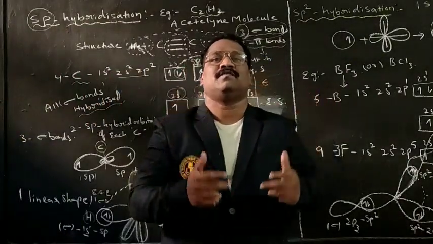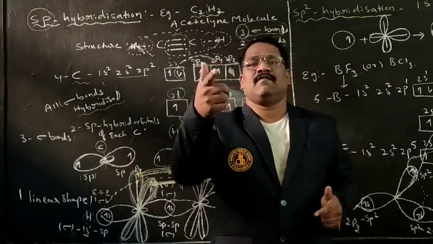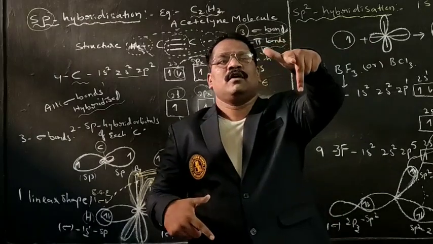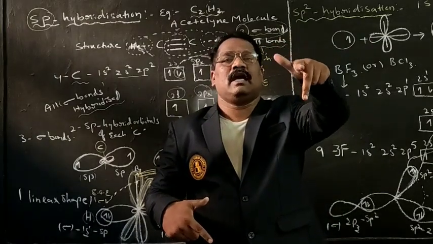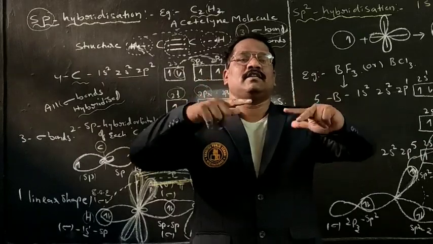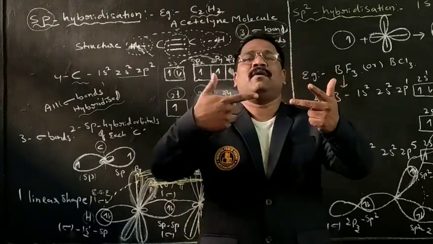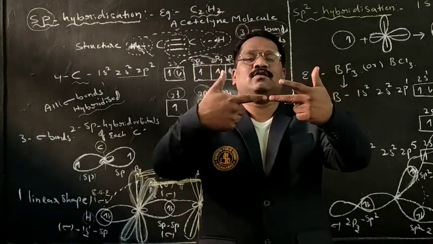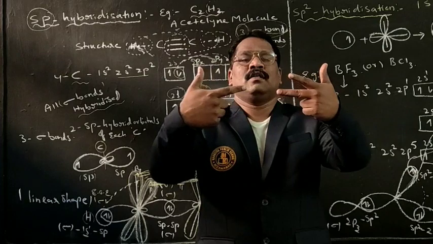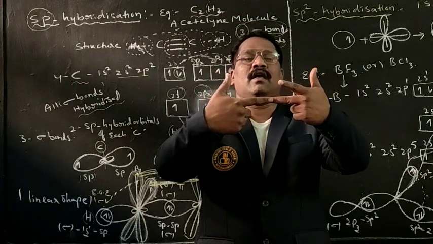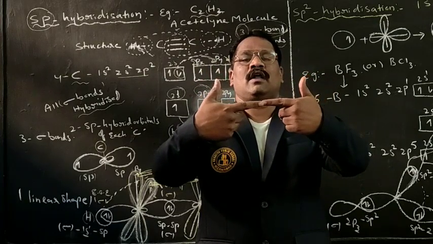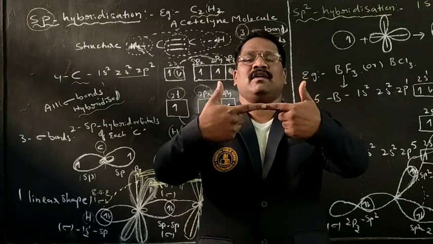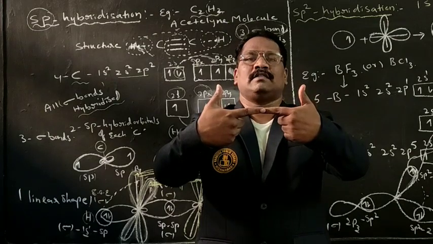Let me give you a clear explanation. Take one hand and stretch three fingers in this particular way. Similarly, take one more hand and stretch three fingers like this, and place them one to one against each other. Now, the hybrid orbitals are mutually perpendicular to each other. You need to understand, these two are hybrid orbitals, so they overlap end on end, and a bond is formed. That bond is called a sigma bond.